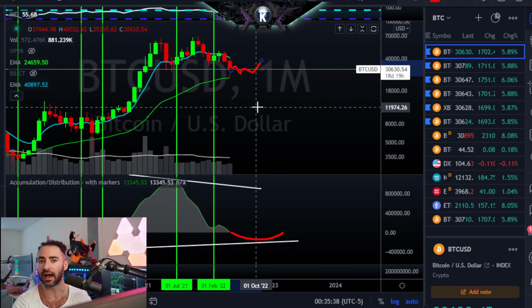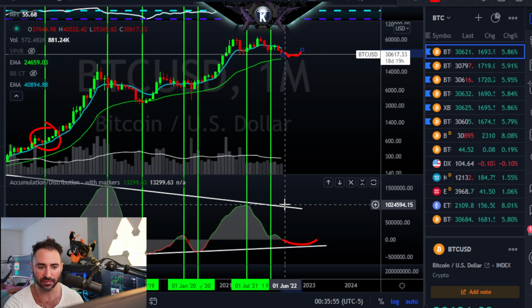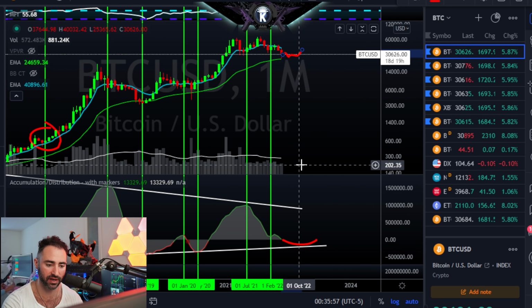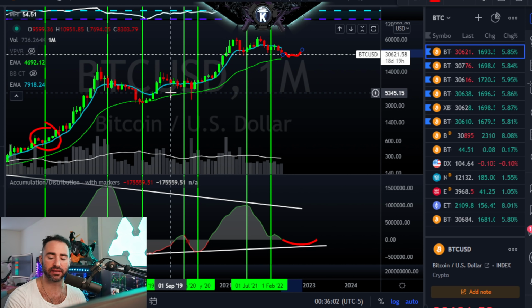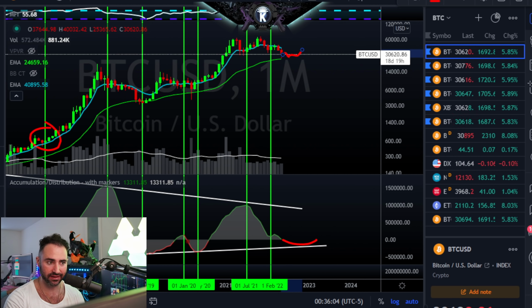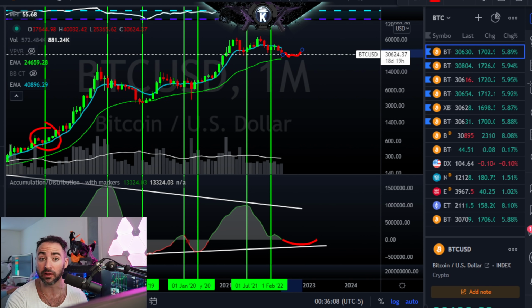But ultimately, I would go as far as to say that we probably haven't seen the last time Bitcoin is below 30,000 bucks. I do think that Bitcoin probably rallies up a little bit more from here and trades at least sideways in the mid to low $30,000 territory. Until then, I would just be aware of this, because until that happens, and I know a lot of people are very interested in this right now, personally speaking, I would not call a macro low in. We've certainly done a lot of damage to the downside, absolutely, but there is still risk of retesting those lows and maybe even going a little bit lower than that.